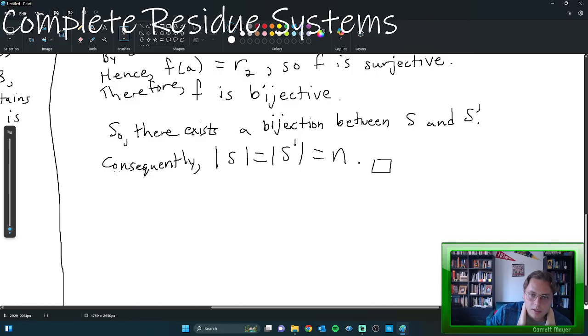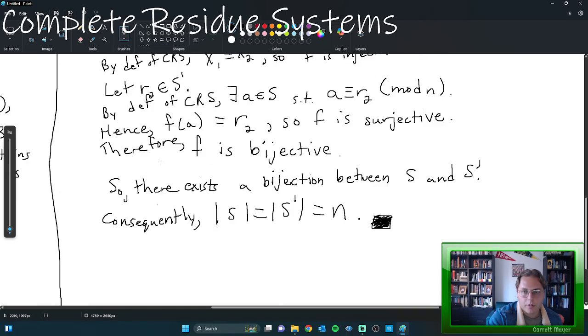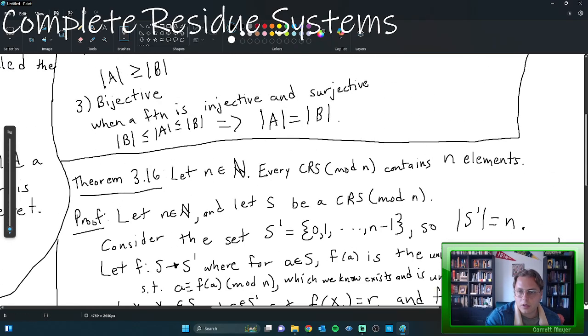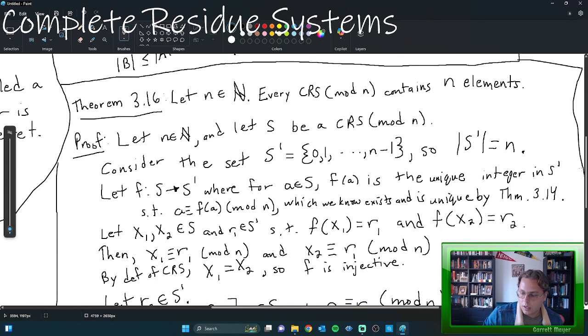So S, the size of that set, the number of elements in that set, must be n. It can't be any larger, it can't be any smaller. And that is what that proof goes through and demonstrates. So, with that in mind,